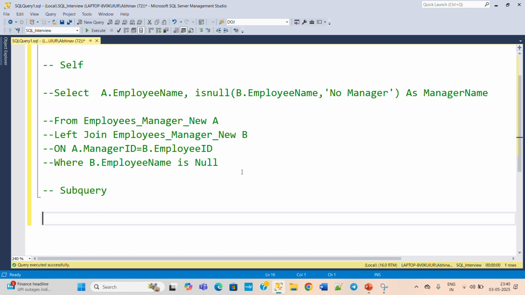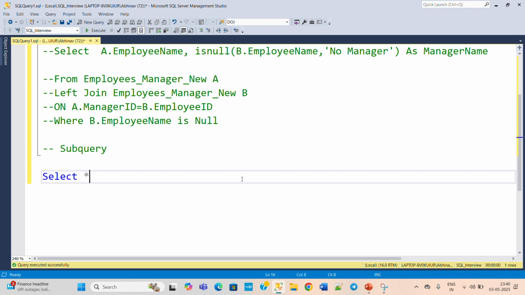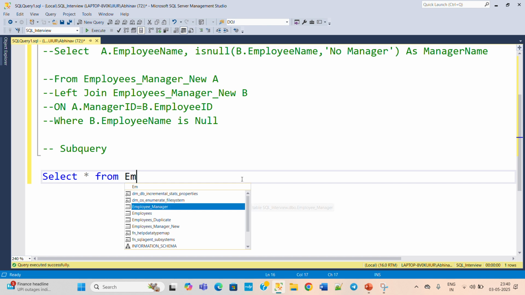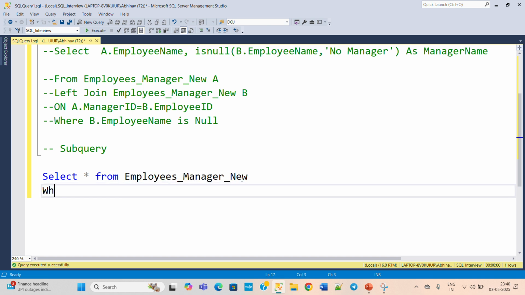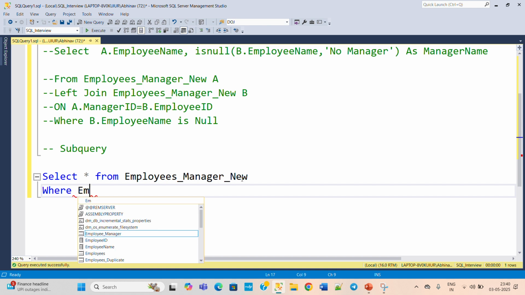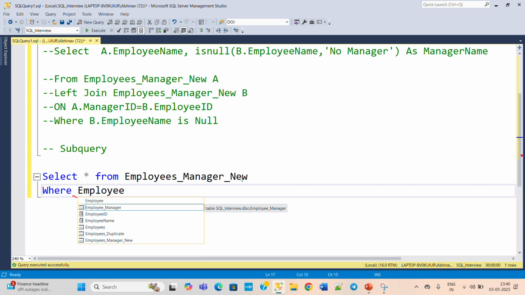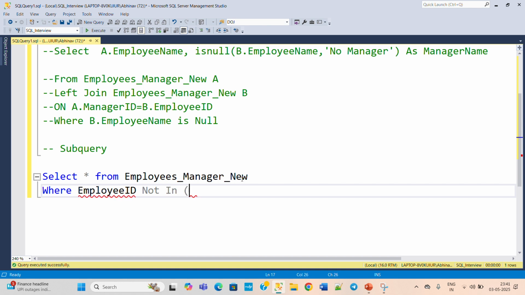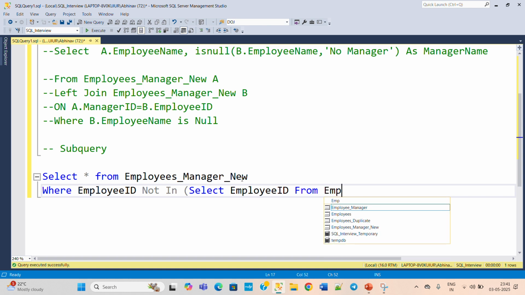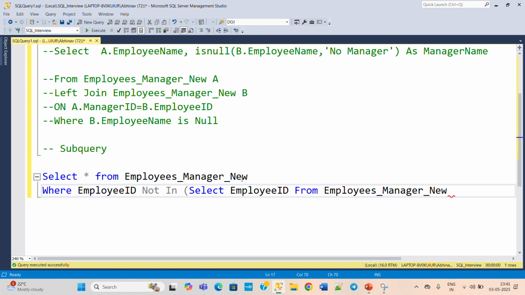So using the subquery, how we will retrieve this record is like: select star from employee manager new table, where, in the where condition, the subquery will come, where employee id not in, select employee id from employee manager new table,